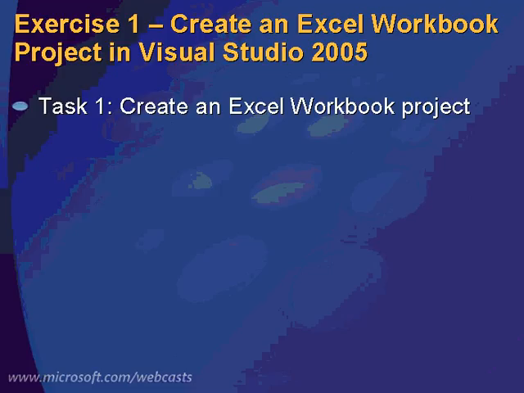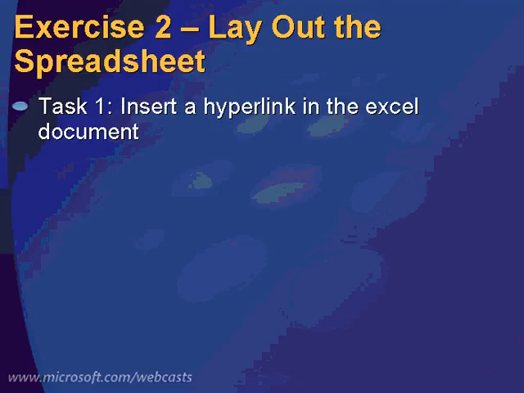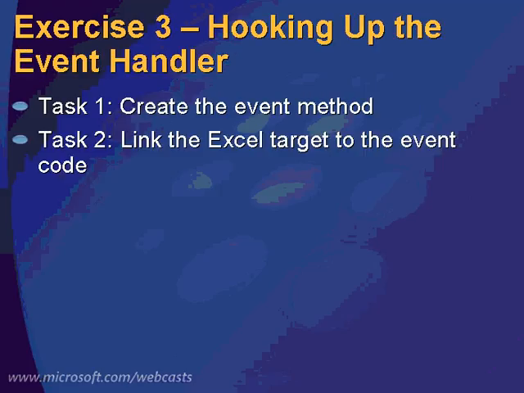The first one we're going to be doing is creating an Excel workbook project. The second task will be inserting a hyperlink in the Excel document that we just created in exercise 1. And the third exercise is creating the event method and linking the Excel target to this event code. So without further ado,